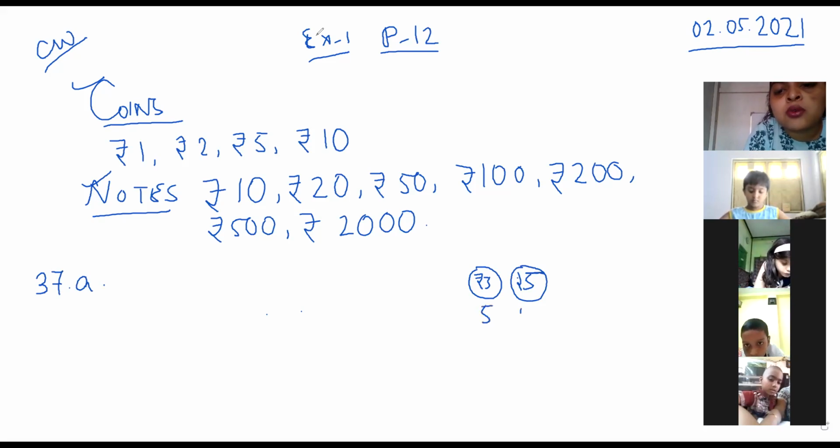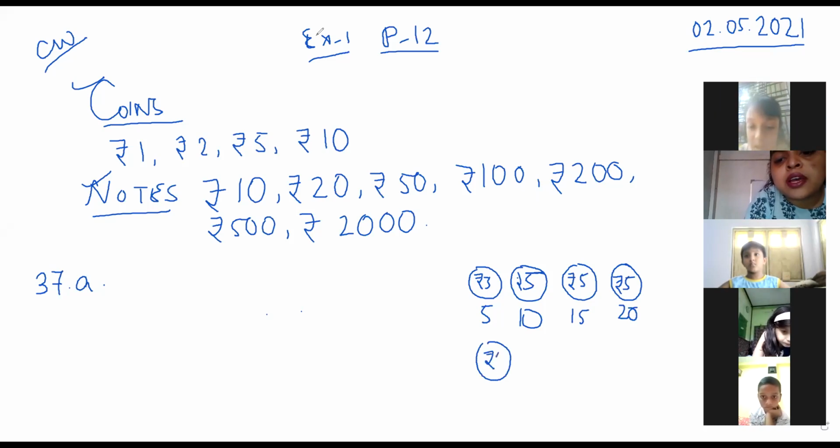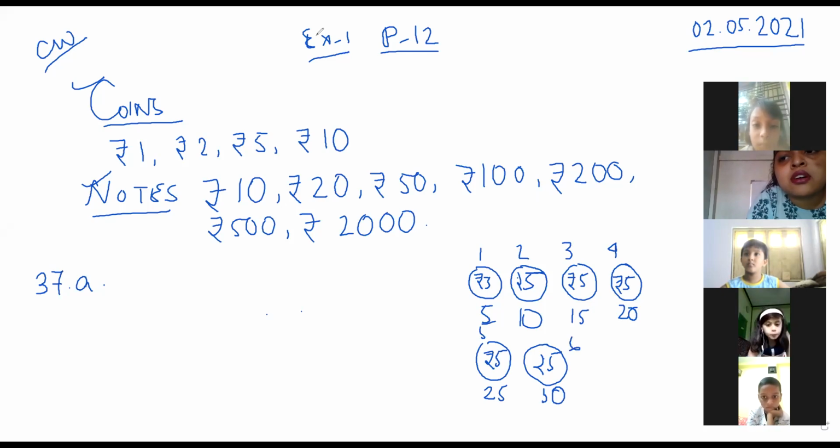It is 5 rupees. Now you have 10 rupees. Now I'm giving one more, that is 5 more rupees. Now it is 15 rupees. Again, I'm giving one more. Now it is how much? 20 rupees, right? After that, I am giving rupees 5. How much does it become? 25. Again, I am giving rupees 5. How much does it become? 30 rupees. So how many coins? 1, 2, 3, 4, 5, 6. So 6 five rupees coins.